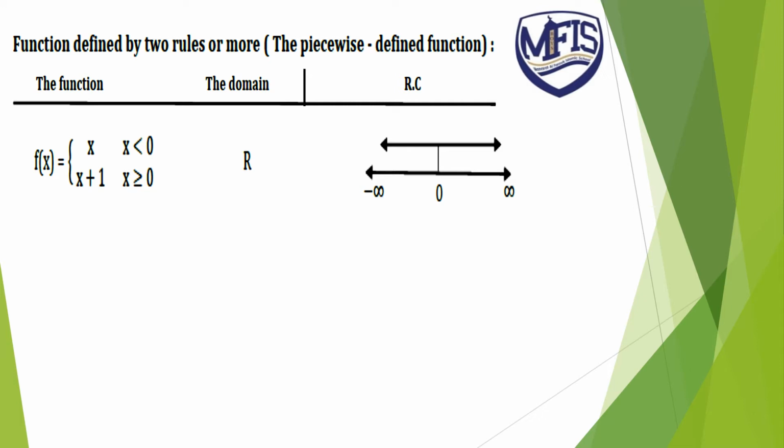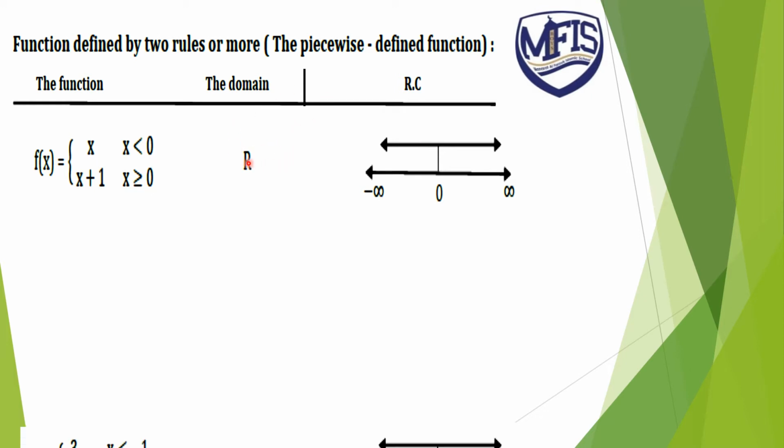If we have the function f of x equals x when x is smaller than 0, and x plus 1 when x is greater than or equal to 0, the best way to find the domain of this function is to draw the number line of the two functions: x from x smaller than 0, and x plus 1 from x greater than or equal to 0. We have the number line all, then the domain of this function is